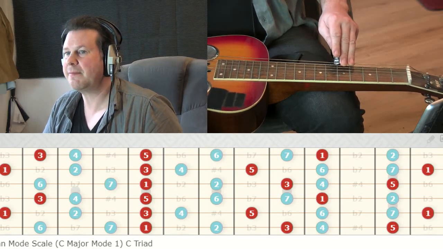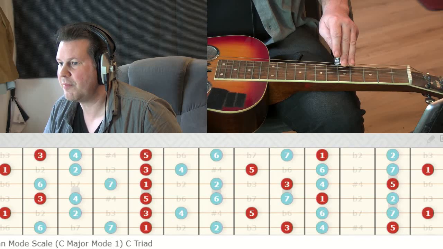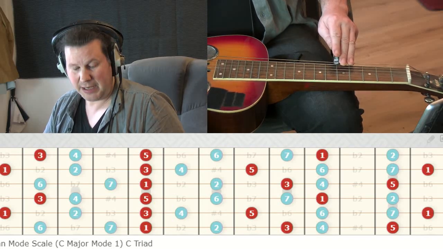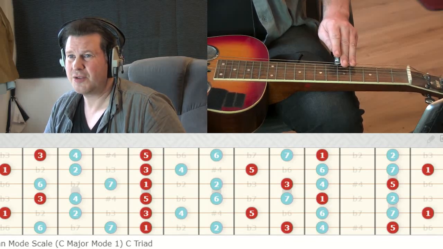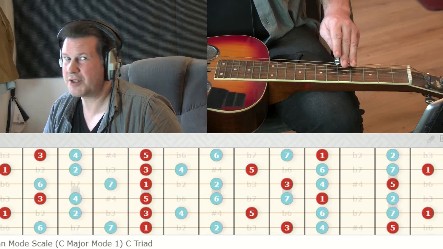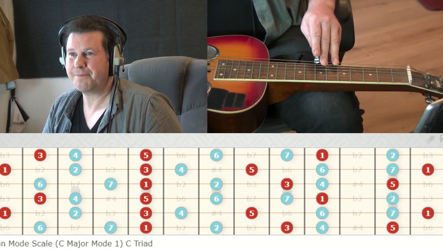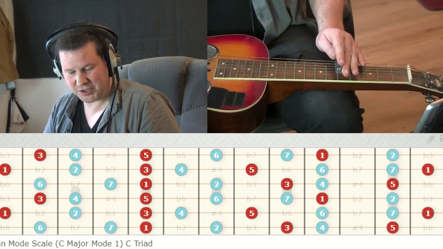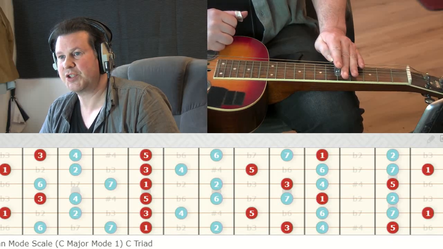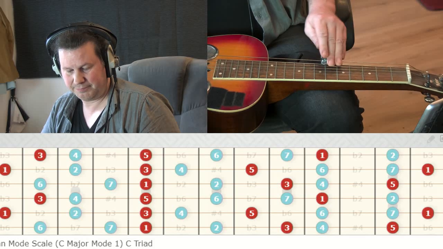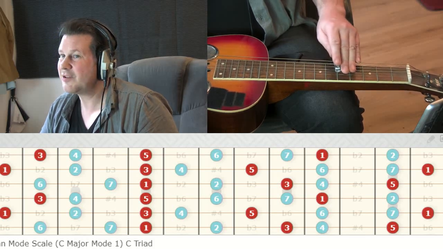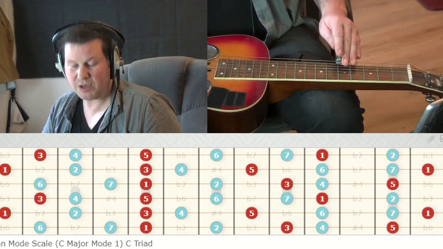Now, you might come across the term around slide and Dobro above and below positions. So I'm starting here, and I'm starting on this 1, this root note. If I go above, I'm playing above that position. Here's my chord, straight across that line. If I choose to play the scale options above it, that's all above the slide. Whereas if I play them below,